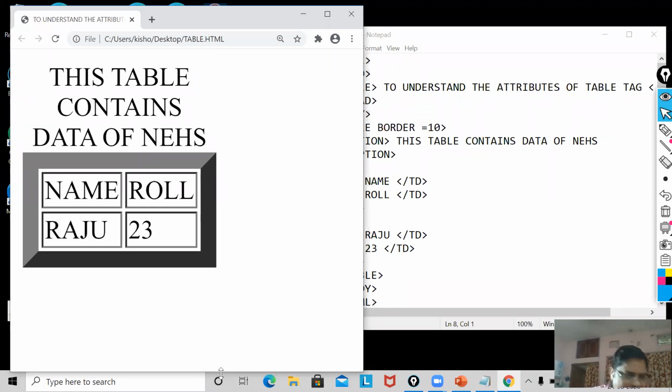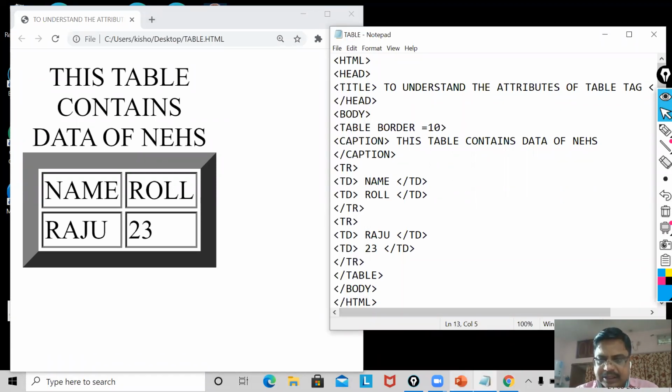But if we have to write our details about the table or the title of the table, but it should be shown only in the HTML document, not on the web browser, then you will use which attribute? Summary attribute. The second one is what? Caption is a tag, whereas summary is an attribute. So these two differences you have to say.